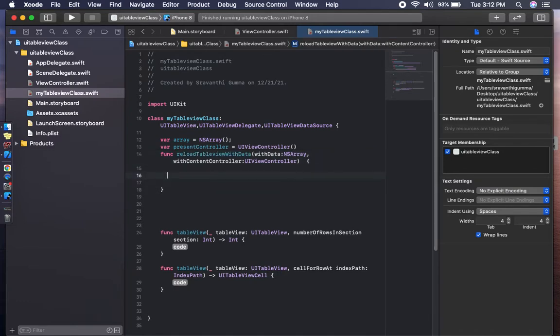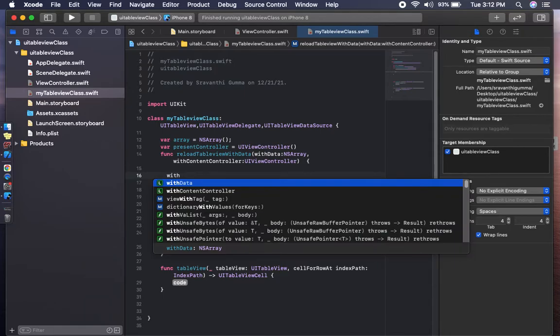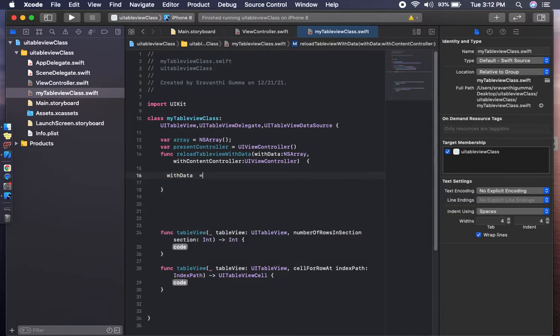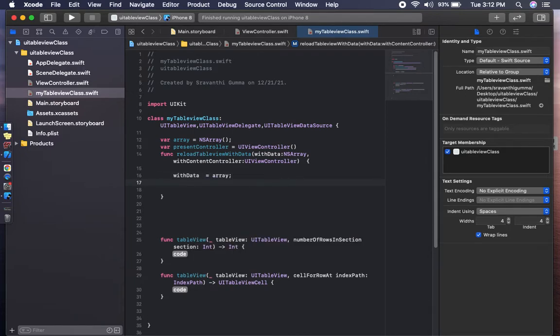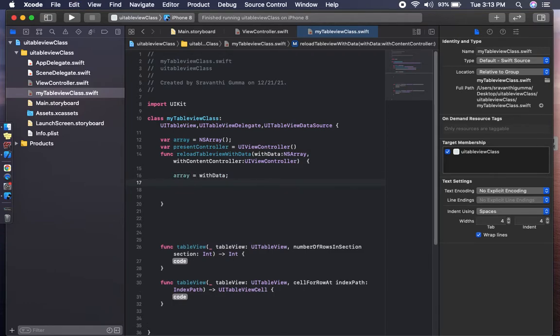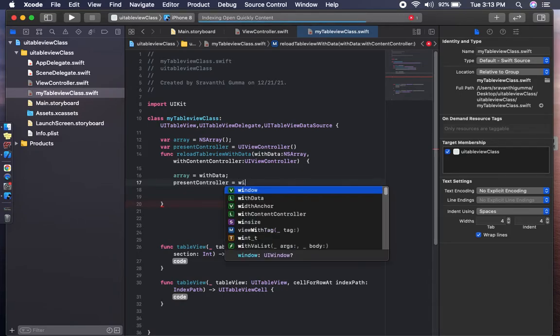And we are passing the array to the array, with the data equals array, and we are giving the controller, the present view controller, with content controller.